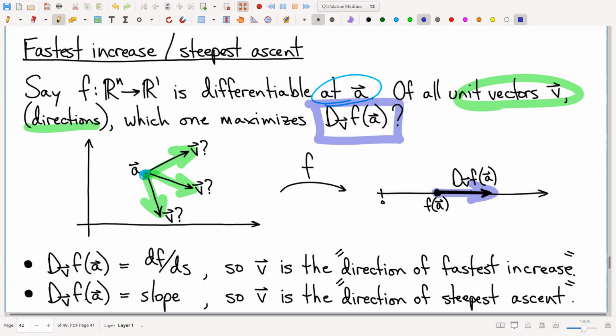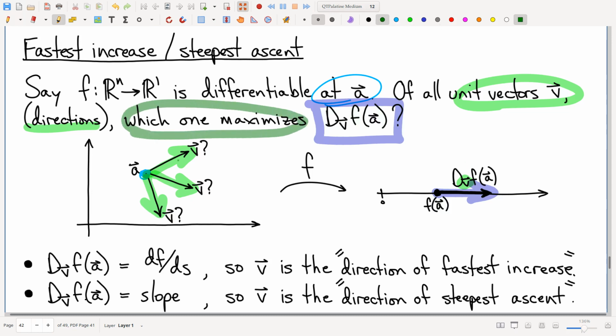And if I go off and move in some direction, the function will be changing at some rate. But if I go in a different direction, the function will be changing at a different rate, right? This directional derivative depends on which v vector you pick, because again, that is part of what a directional derivative is. So the reasonable question we want to ask is, all right,